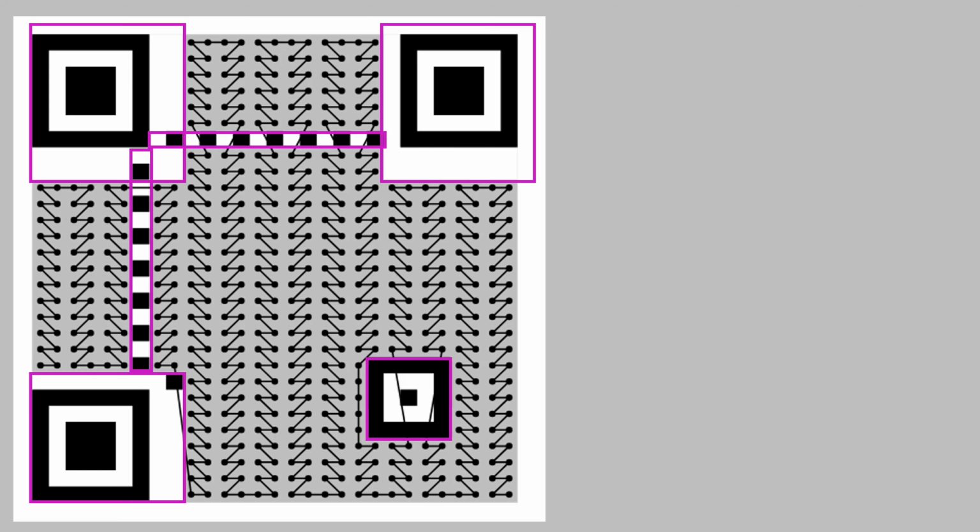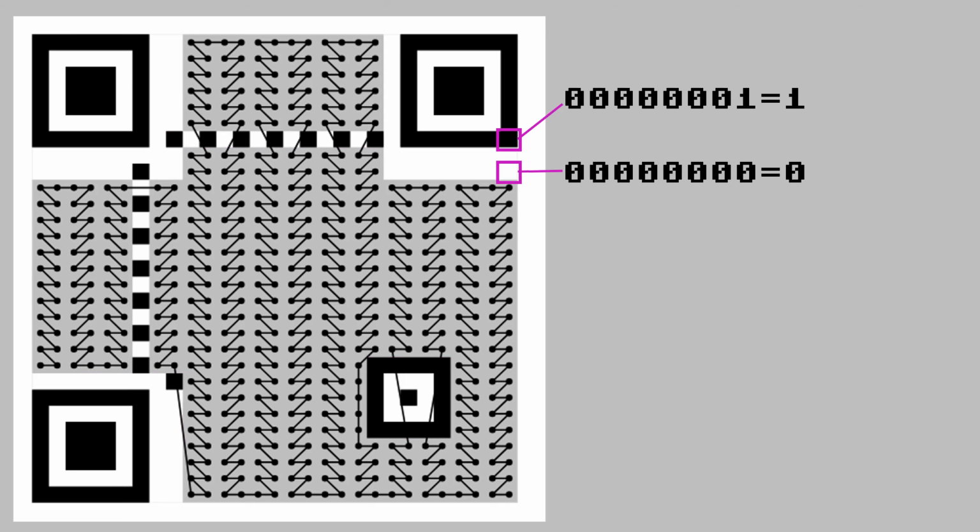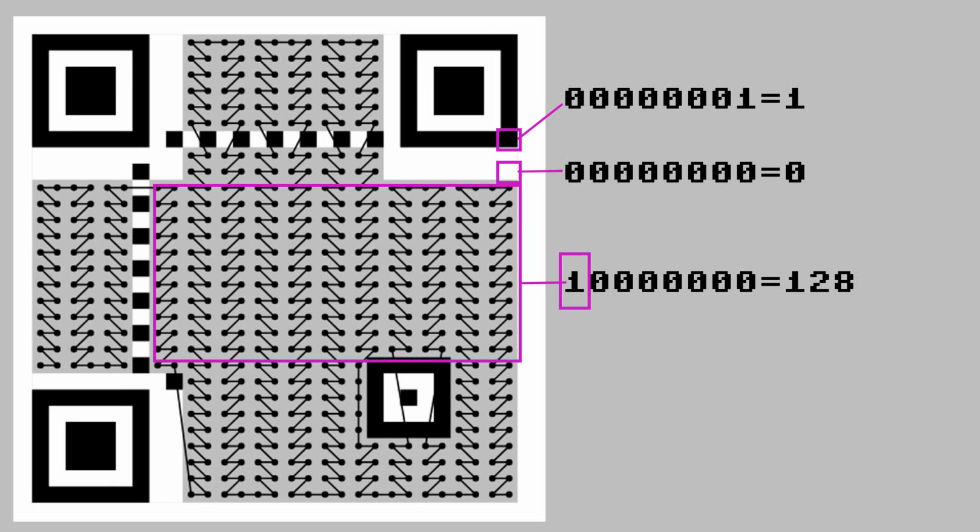Now, when we write the data modules in the next steps, how do we know that a field in the matrix is already filled with a module that's not supposed to be overwritten? The solution is we don't just use a full byte for storing light or dark information, we also use the other bits of the byte. So a value of 128, that's the highest bit set, means this module is ready to be used for data.